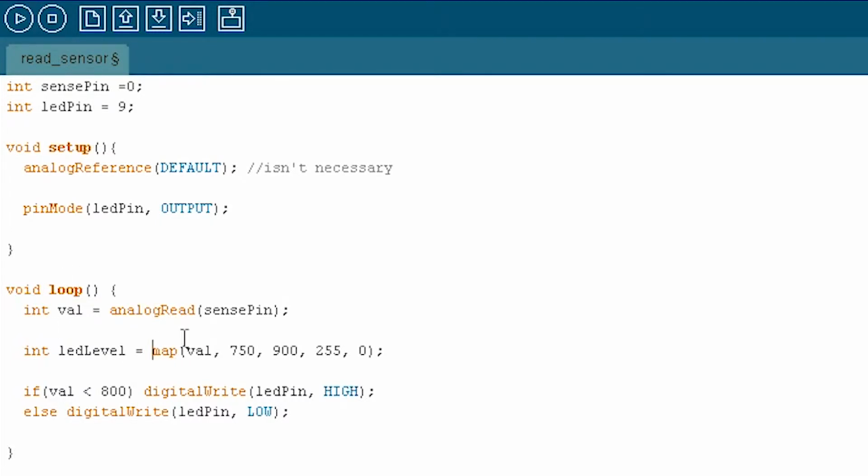So precisely what this is doing is it's taking in val from the sense pin. The value of 750 gets converted to 255. The value of 900 gets converted to 0. Anything in between scales proportionally. So as the value increases from 750 to 900, this value will decrease, or LED level will decrease, from 255 down to 0, which we can then feed into our LED to change its